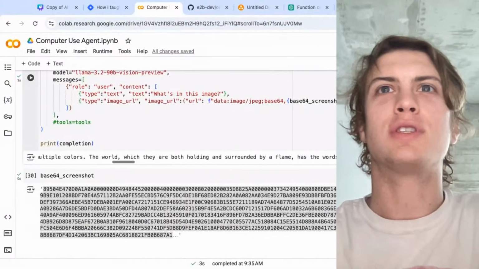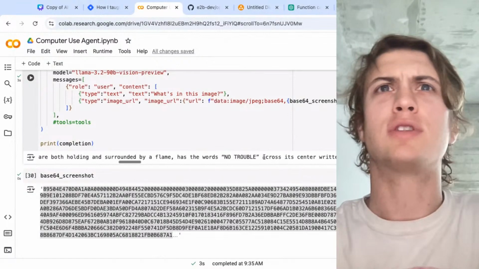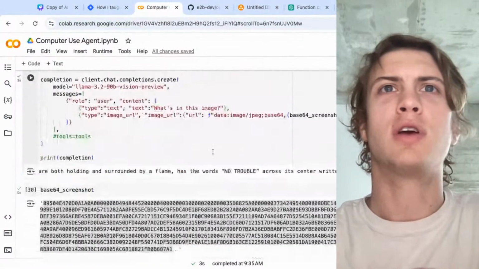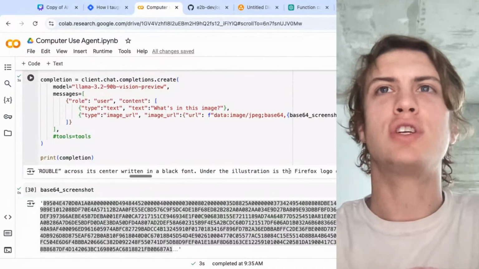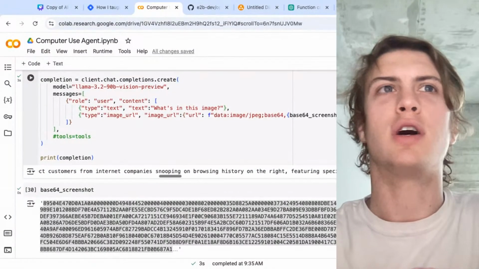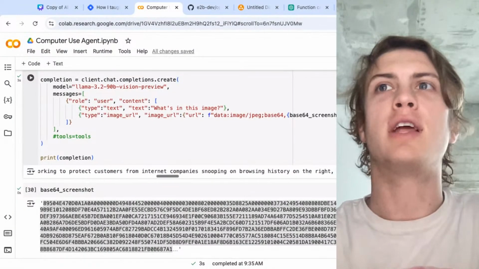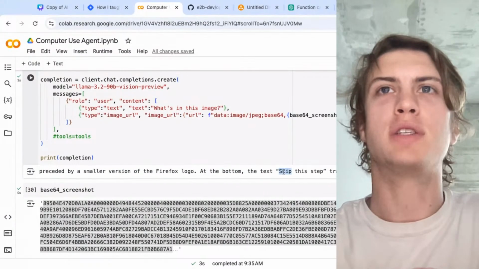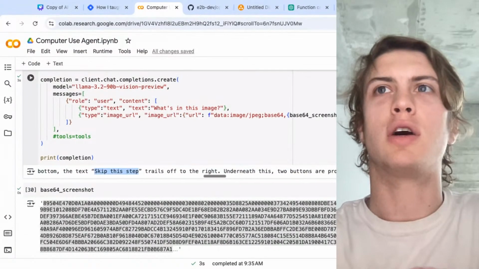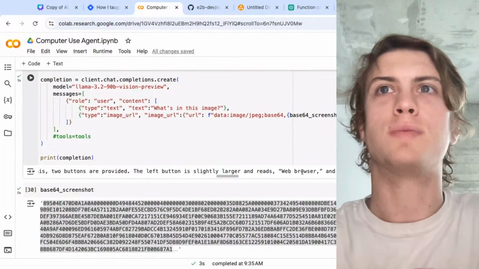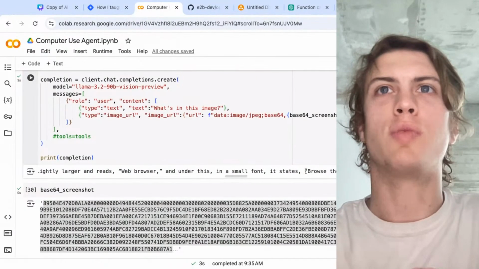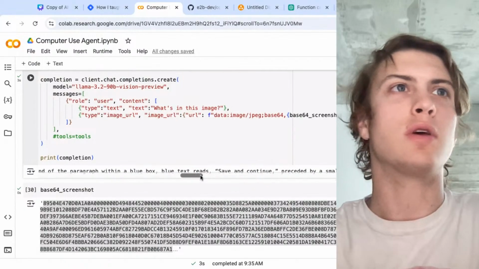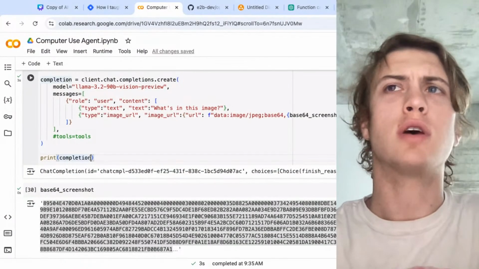The world is surrounded by a flame, has the words "no trouble." Okay, now it is hallucinating a bit. Under the illustration is the Firefox logo, and then it goes on to say more things that are real on the page, all of the buttons that are on the page. Well, this is super detailed. You have a button that says browse the web. So basically, yeah,